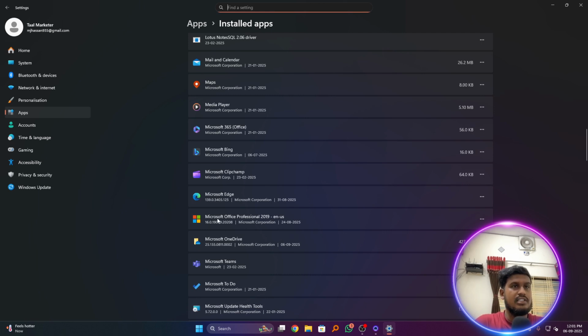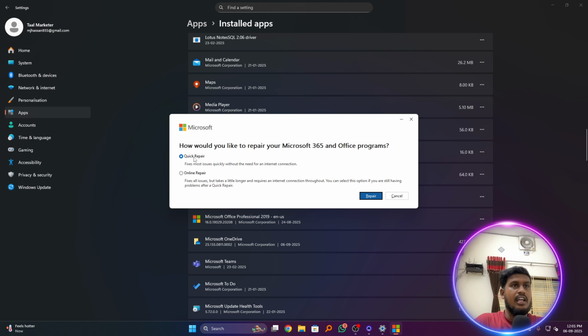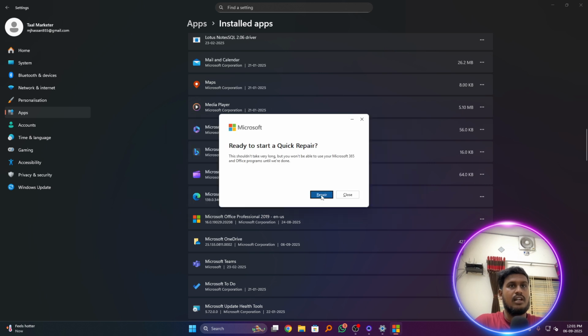So here you can see this is my Microsoft Office, which is 2019. So click on more options and click on modify, just yes, and you can see how would you like to repair your Microsoft 365 and Office program. Just click on quick repair and click on repair, and again on repair,